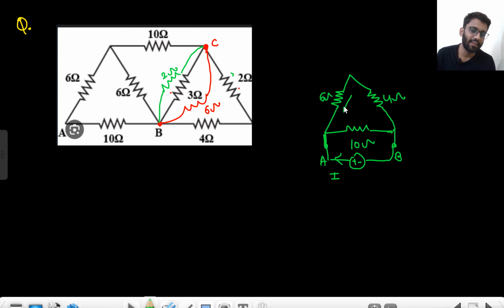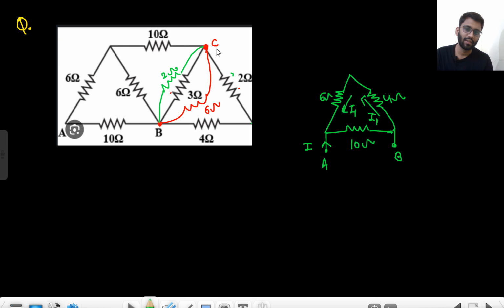Okay, so if I am saying the I1 current is flowing here, the same I1 current will be flowing here, but I1 and this current I, I1 plus I will be this. So this 10 ohm is having I1 plus I current, not the same current as I1. Okay, are you getting this point? At the point where you are finding your equivalent resistance across AB, you will consider that there will be some current coming from here. So there will always be some current here. You can't say this I1 current will flow like this, because there is this node A.